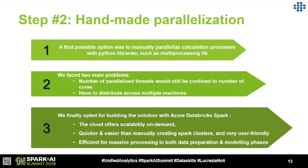So we decided to use Apache Spark because of this, because it just wouldn't make sense to start distributing our code by hand if there was already a way to do it without having to code everything. And specifically, we decided to use the cloud because it's really flexible. It gave us the flexibility. Also, we can add nodes really easily, and you can decide automatically how many cores to use depending on how much data you have to process,